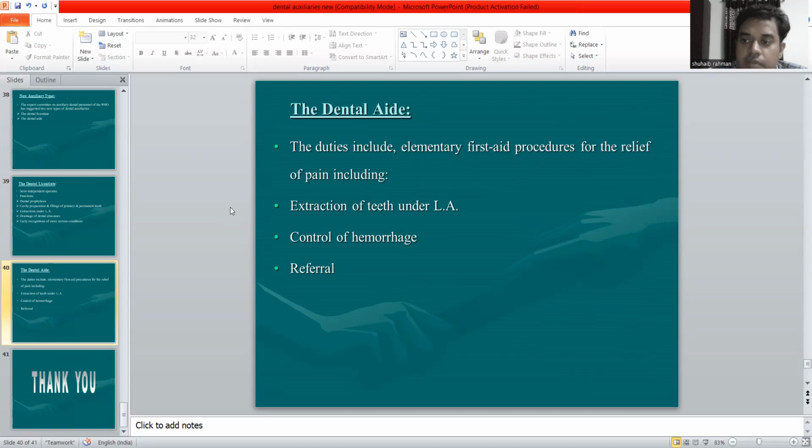So this is one of the important chapters. We are going to get an essay from this chapter as dental auxiliaries, and New Zealand dental nurse as short notes, denturism as short notes. Then you can get expanded function dental auxiliaries as short notes also. So this is one of the important chapters in public health dentistry.